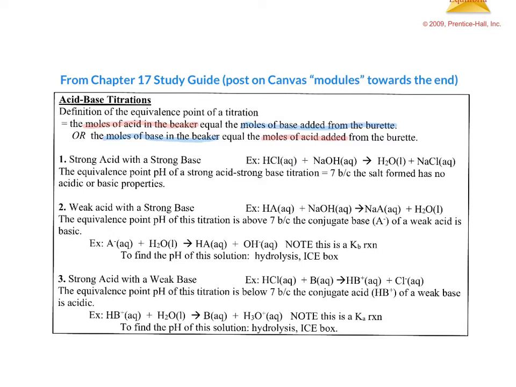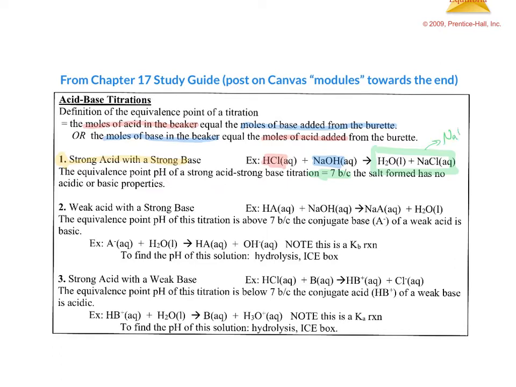The topic we're going to look at right now in this video is strong acid, strong base titration. In this example, we have our strong acid HCl and strong base NaOH. Looking at the double displacement reactions that we learned in Chem 60 and Chem 101, we are going to produce water and a salt. The definition of equivalence point means the only things in your beaker at the equivalence point are products. The products here are going to be pH neutral, or pH of 7, because water has a pH of 7, and NaCl,